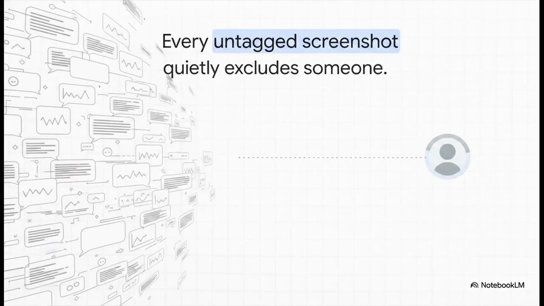Because here's the reality of fast-moving platforms like Slack. We are constantly firing off messages, dropping in charts, shooting off quick replies. But there is a hidden problem here. Every single time someone drops in a screenshot without a description, or blasts out a massive thread packed with dense corporate jargon and confusing acronyms, they're unintentionally locking their own teammates out of the conversation. It's this quiet exclusion, but it happens thousands of times a day in almost every large organization.